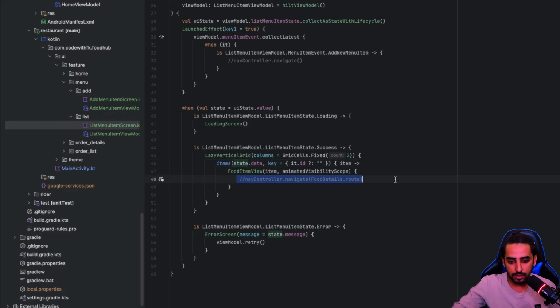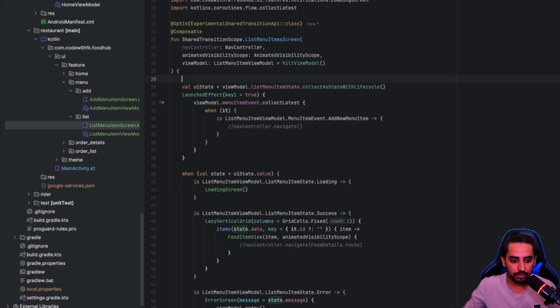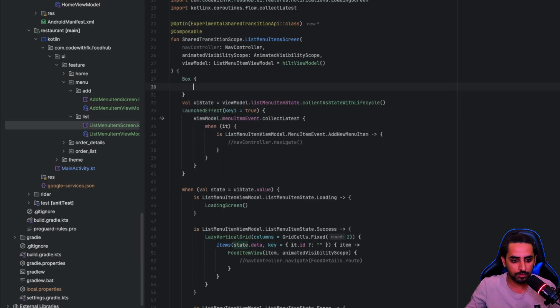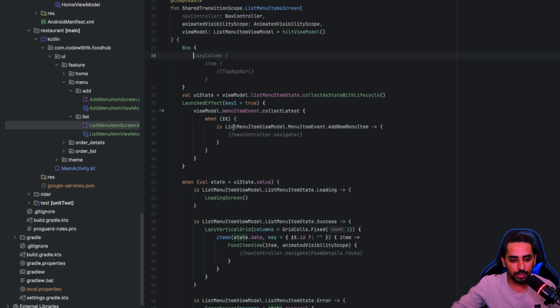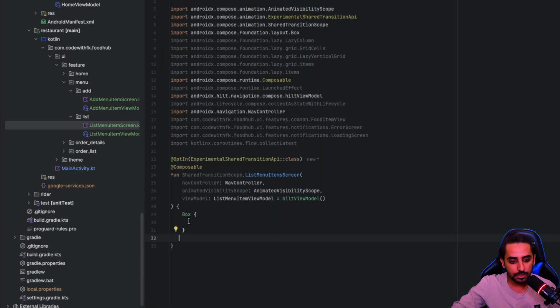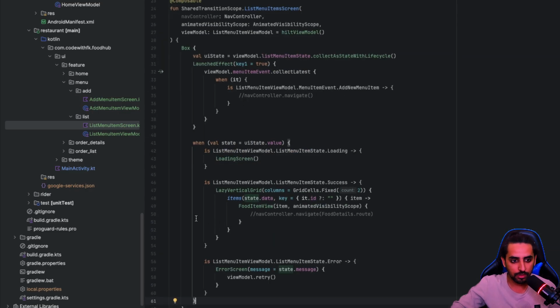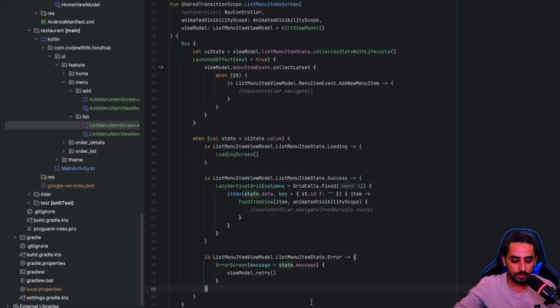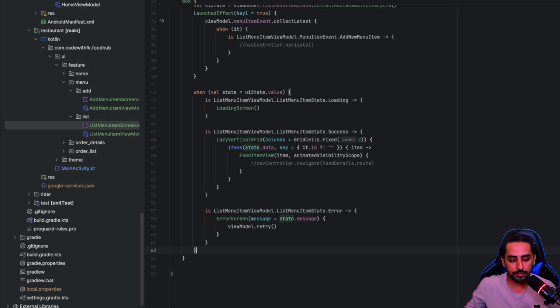So this is something that we will do over here, and we don't have anything ready, so I'm going to create a box over here, and now we'll load everything inside this box. So let's paste everything inside this box,